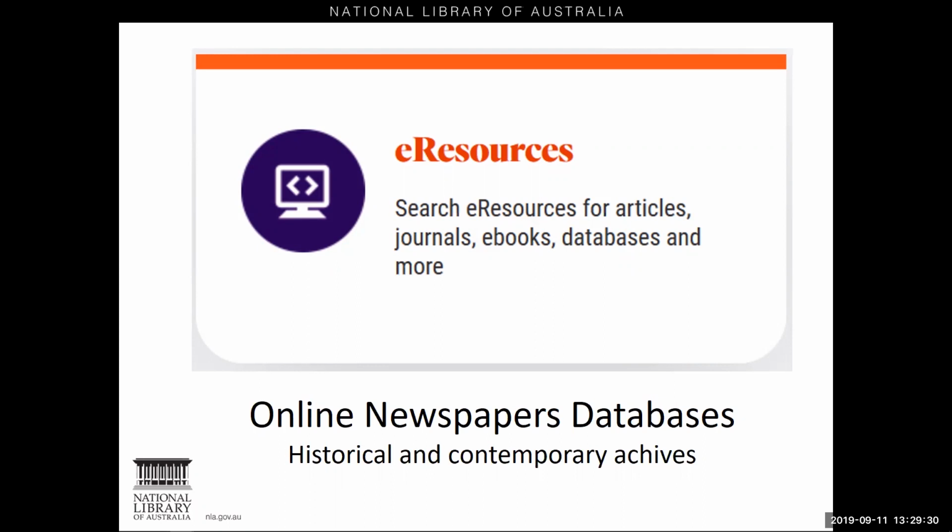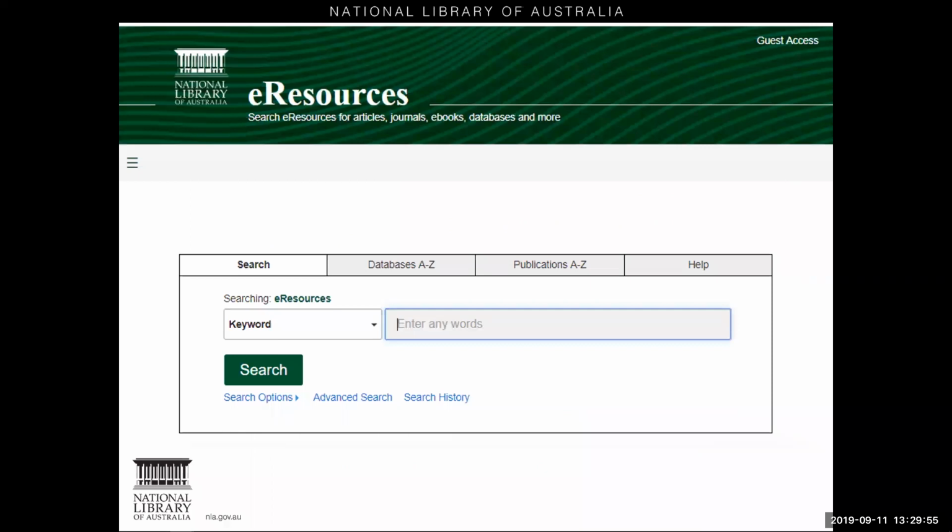But if you're after more contemporary archives, you'll need to visit our e-resources portal. And so our e-resources contain a variety of electronic resources, such as full-text journals, newspapers, ebooks, and dictionaries. A number of our databases, including the ones I feature today, can be accessed from home or work using a National Library card. So the key databases I'll be highlighting today are our newspaper databases, but we also have a huge range of other database collections that may contain relevant information for your media research.